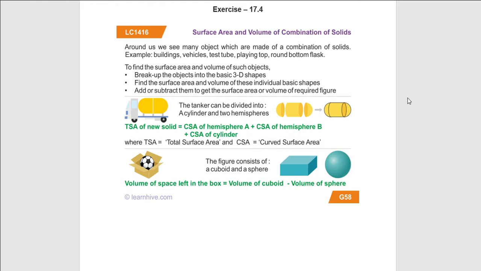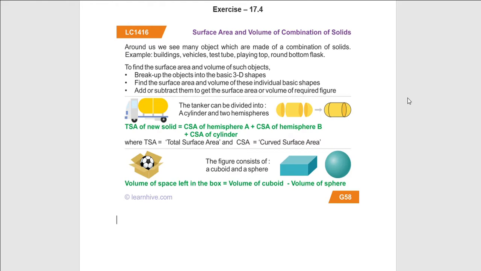Let's start with the figure, which is the combination of different solids which we have completed. Now, before we begin, I'll just recapitulate the formulas which we have completed till now. Because in this exercise, we are going to utilize each and every formula which we did in exercises 17.1,